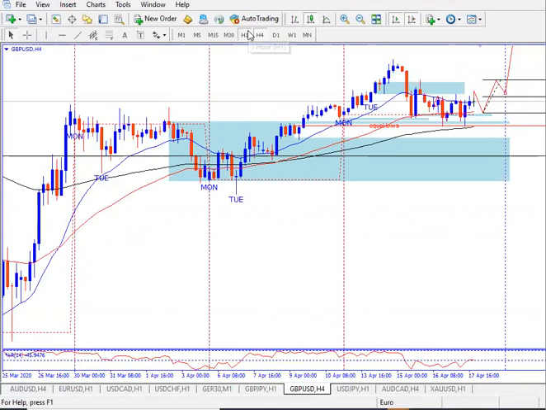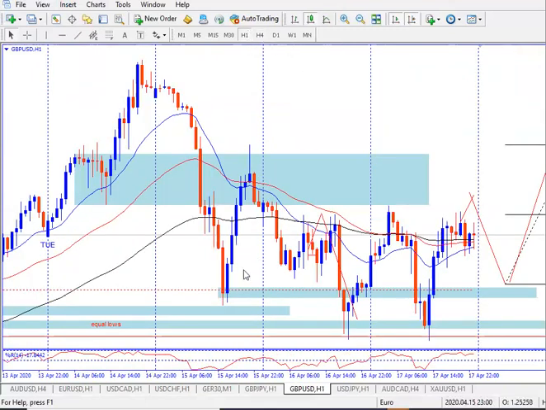Looking onto the hourly, it's took out these lows here, a double bottom. You've got some equal lows here, which will come back in the future to test. But also, you're looking at a Quasimodo pattern forming. I want to see it take out these highs early Monday, back down Monday, Tuesday low, and then come up, take out these highs for a retest of around this area and at the 50% level of Monday and Tuesday's range. And I'm expecting bullishness to come